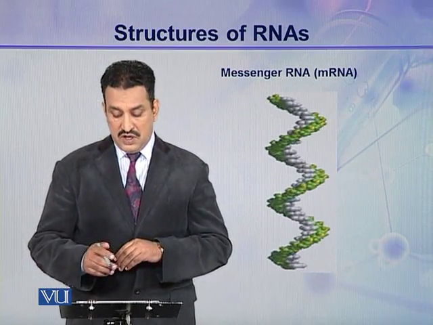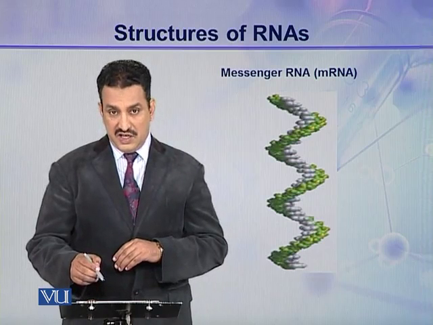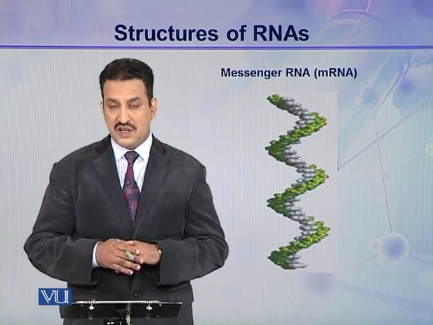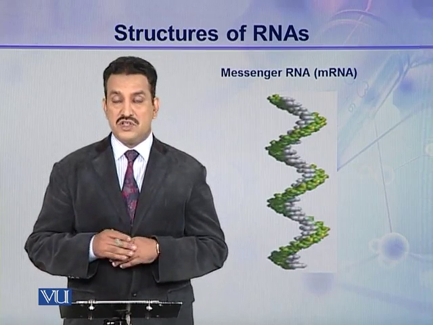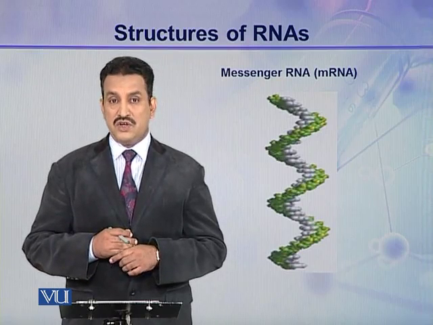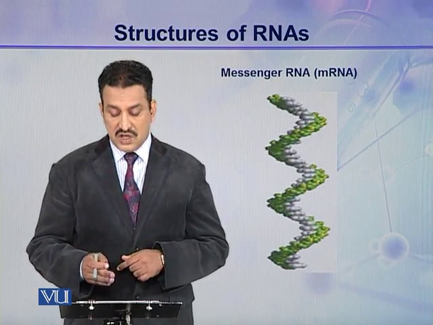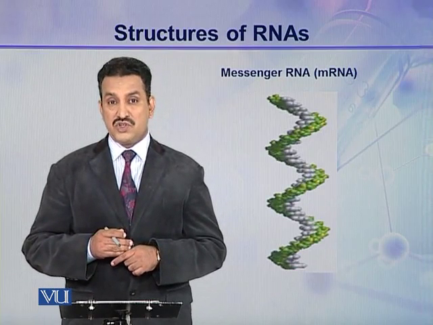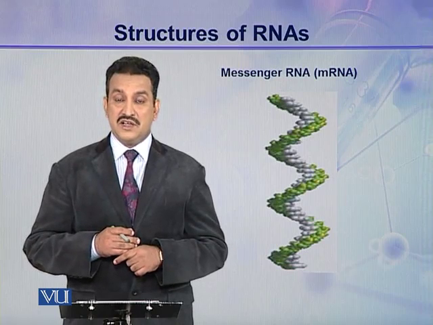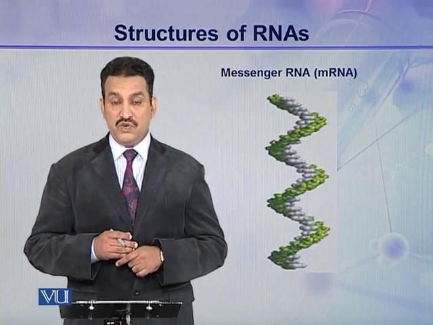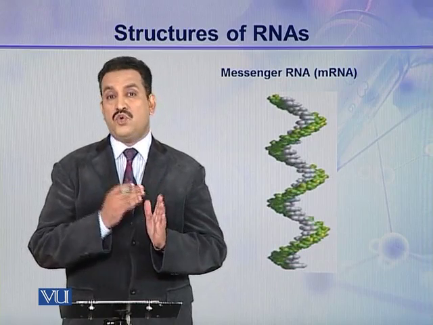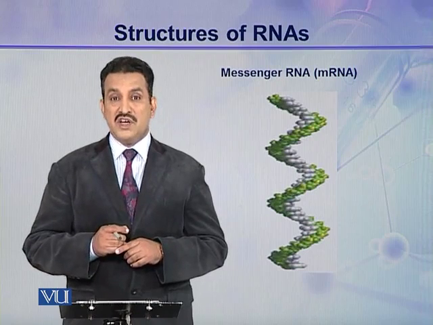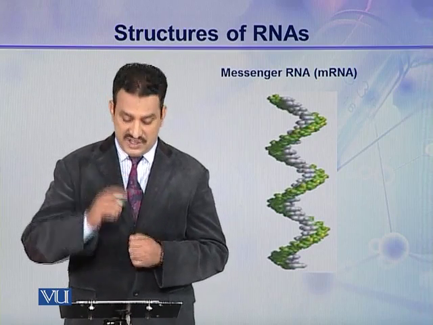In this structure, the white line is representing the nitrogenous bases, while this green line is representing the backbone consisting of ribose sugars and phosphoric acids. So this is a single stranded helical structure in contrast to the double helical structure of DNA, where two strands are helically coiled around an imaginary axis, but here only a single strand is coiled around an imaginary axis and it